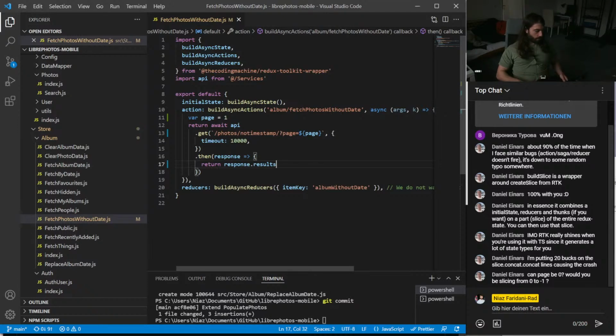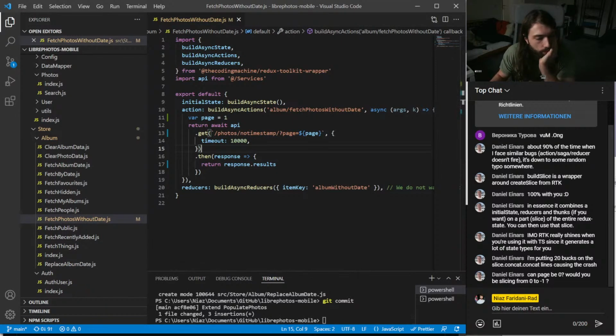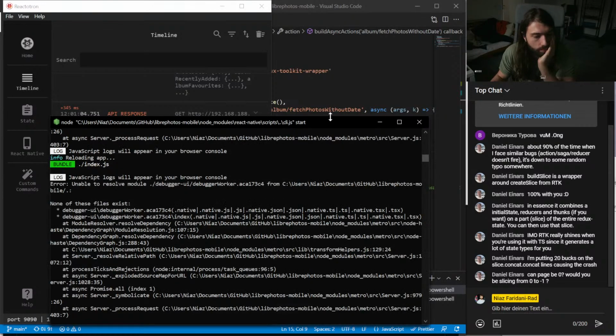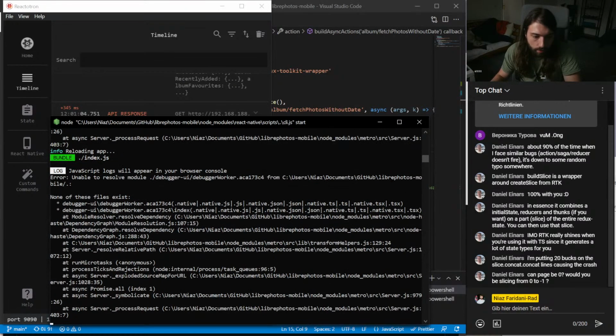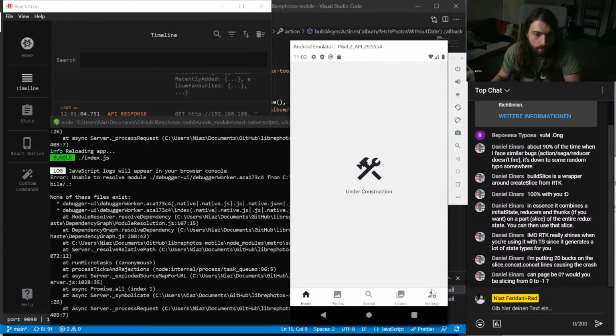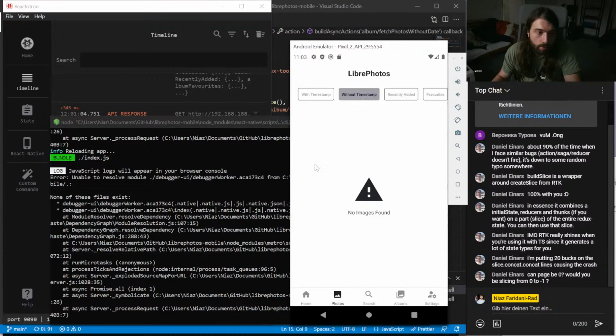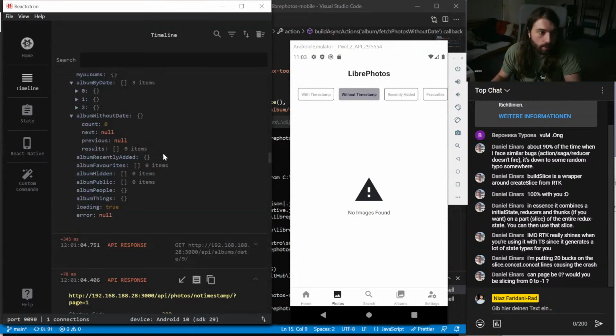Okay, so now photos should show up. Let's see. Let's reload. Photos without timestamp.